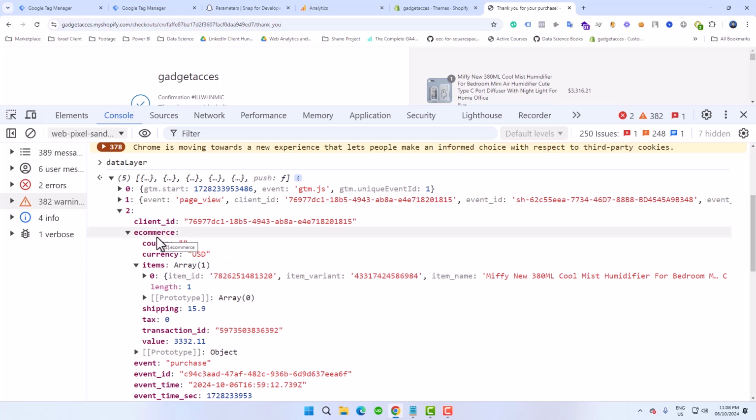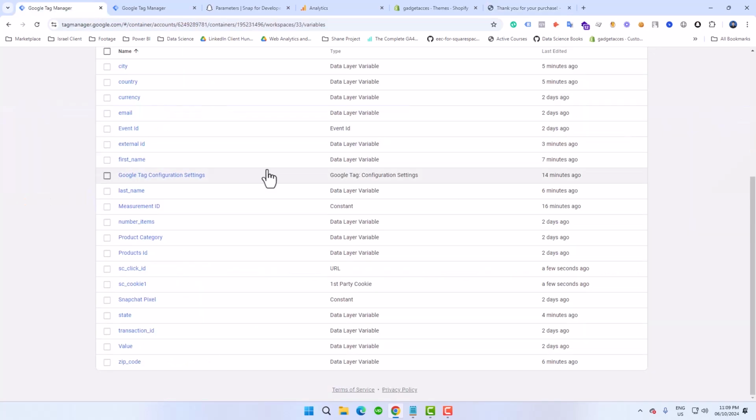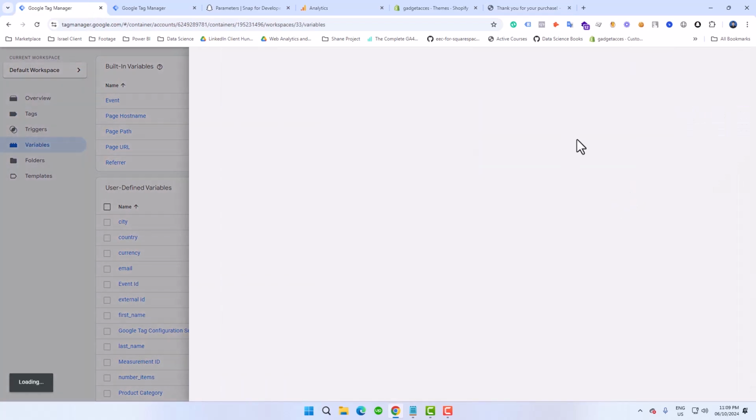But if I send this data according to the GA4 pattern, then the Snapchat pixel, the Snapchat conversion API, will redirect this data according to Snapchat, and Snapchat will read this data according to Snapchat requirements. Okay, no worry, right now we just have to send this data according to GA4 standard. And I need to send these items. That's why the data layer variable name will be e-commerce.items, because items is under e-commerce. Now let's create a new data layer variable,